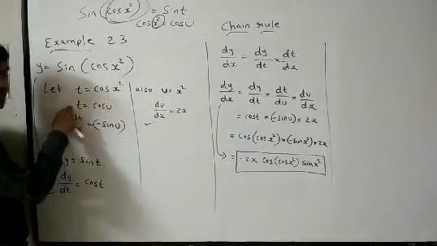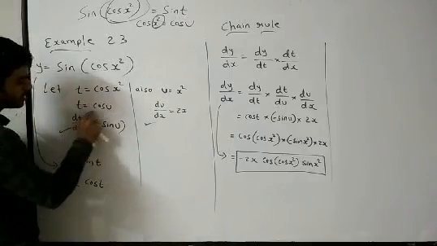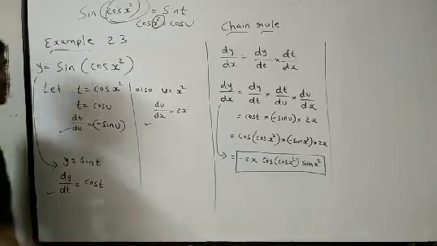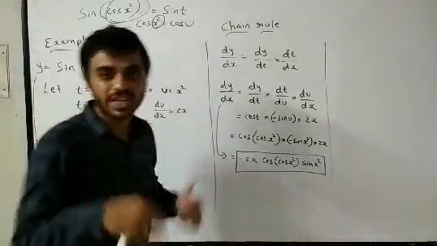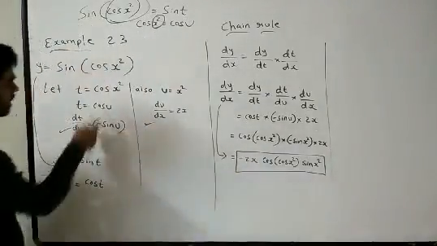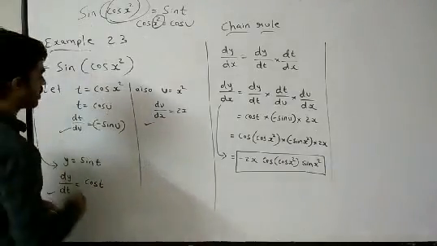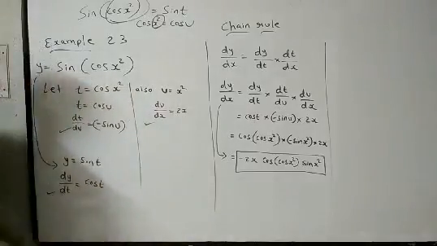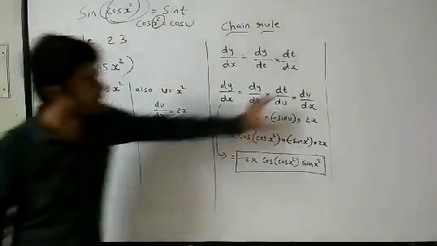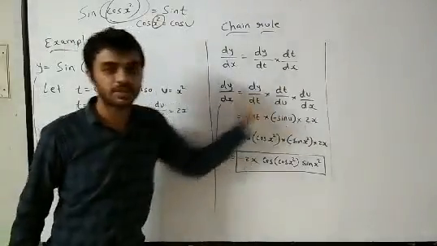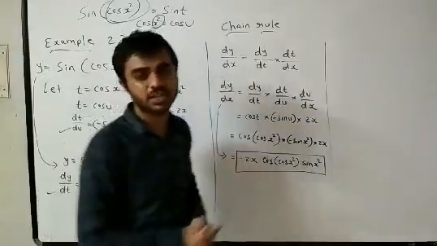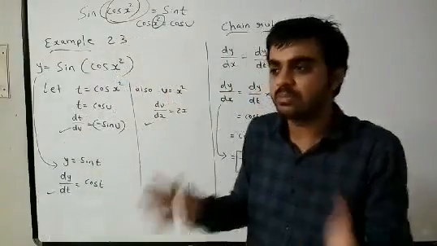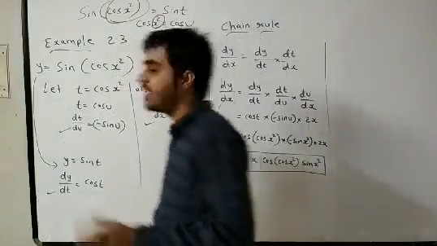Now we can differentiate t with respect to u. So dt by du is equal to the derivative of cos. See, if you are doing the derivative of cos x, then minus sin x. Cos u, then minus sin u. Same, right? Derivative of cos y is minus sin y. Same way over here. Now, we have got dt by du. This is also very important. See, in the textbook or in NCERT solutions, they might have given something which is difficult for you, but I have made it very easy for you.